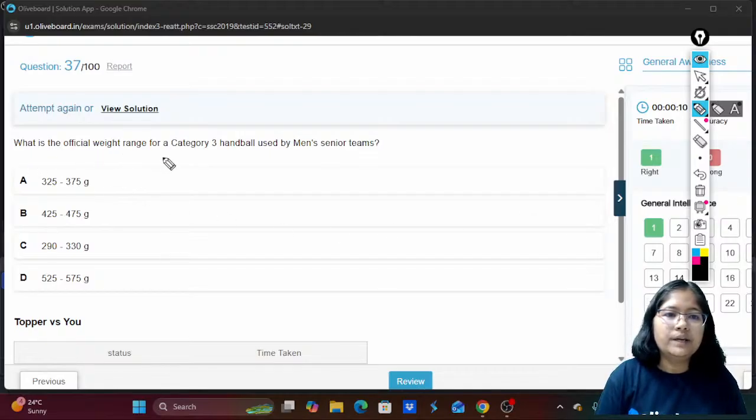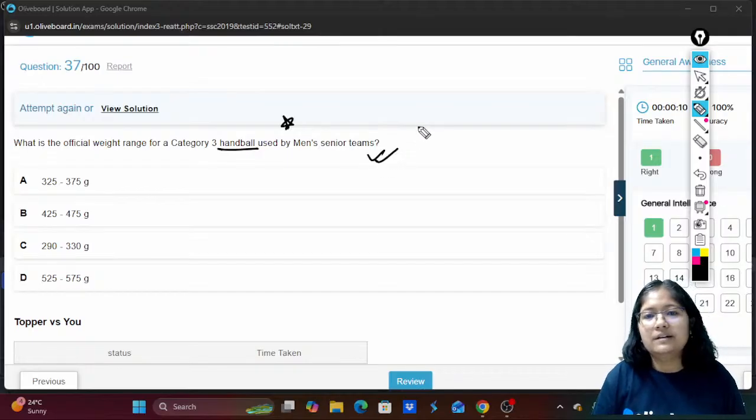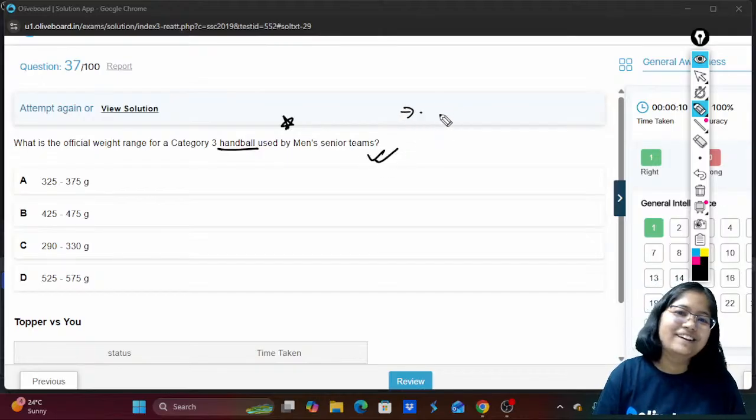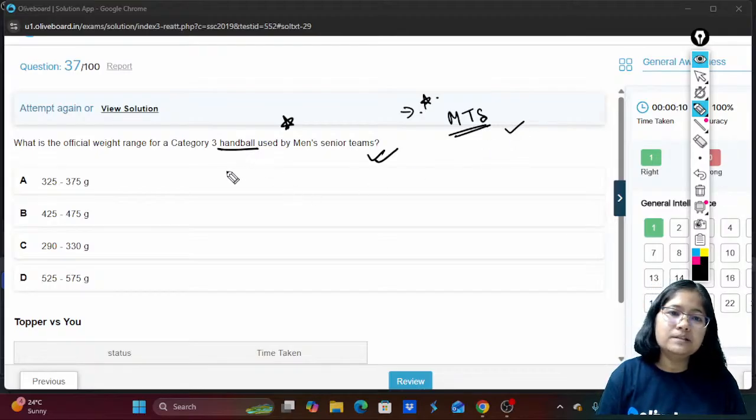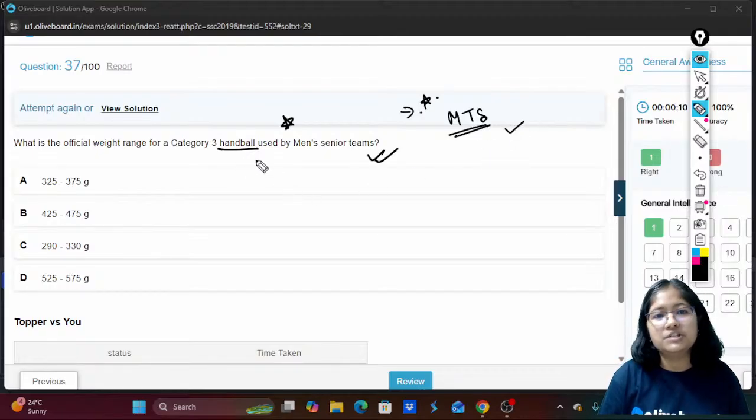What is the official weight range for a category 3 handball used by men's senior teams? So now see, how will it? See, this question now everybody will be able to answer it because it was already asked in the SSC MTS examination. But before that, predicting such a question and going into that much detail for the handball for men's senior team,